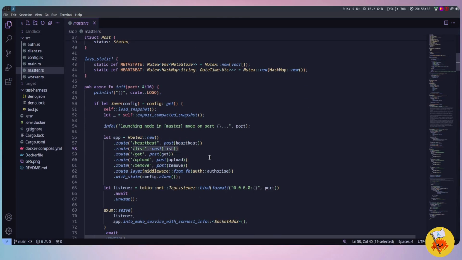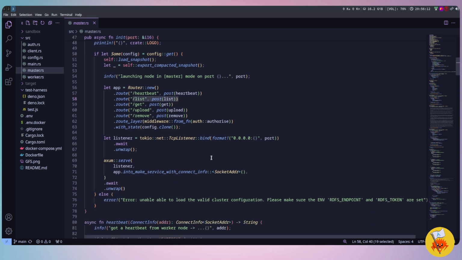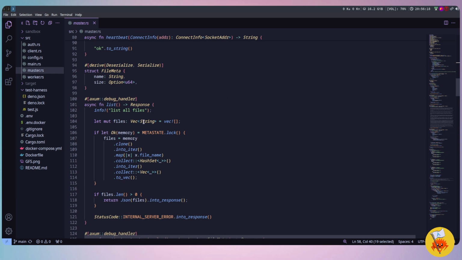The list command is when we need to see all of the files, just the list of all the files that are in the Metastore. If we go down here, list is pretty straightforward. You can see here's the locking mechanism of the mutex, which is pretty handy. The list is pretty easy actually, because we just iterate, we do a map, and this is one thing I like about